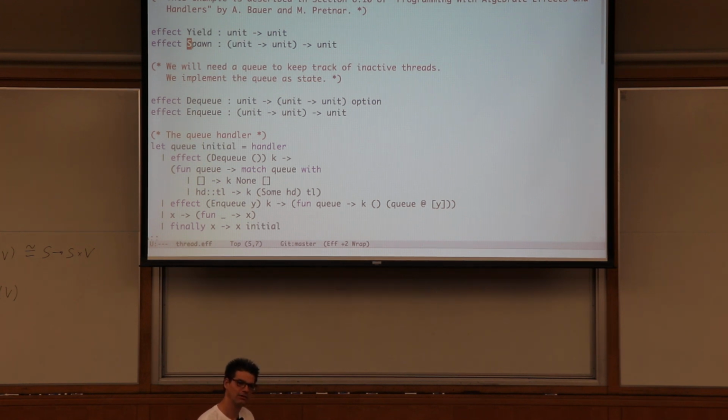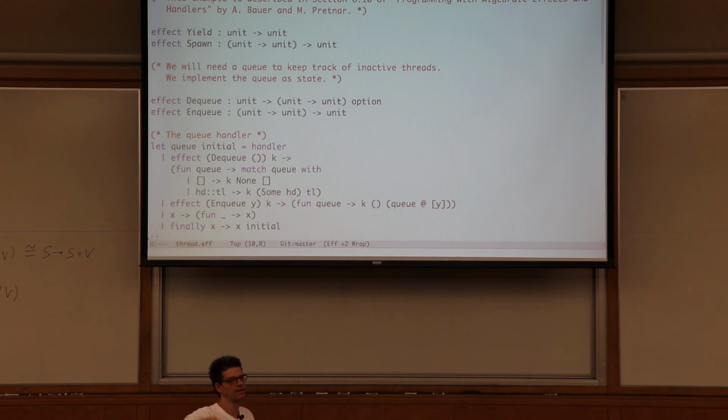Because somewhere in the handler it will be visible. So how do you spawn a thread? Well, you give a function from unit to unit, which then gets executed. The thread is a function from unit to unit, and you execute it by applying it to unit. We will also, just for the fun of it, so that we can combine handlers, so that we can combine effects, we're going to